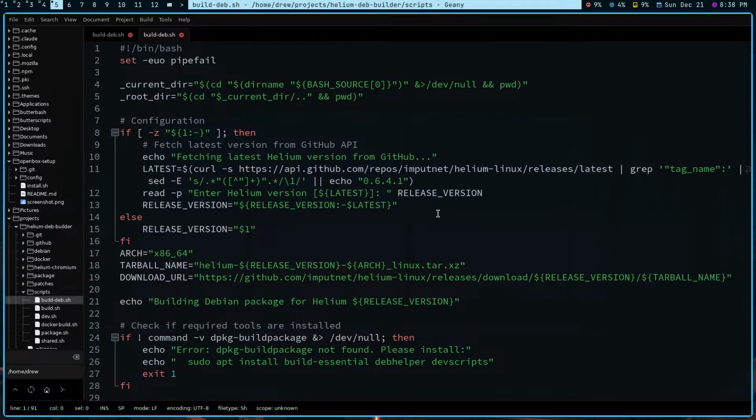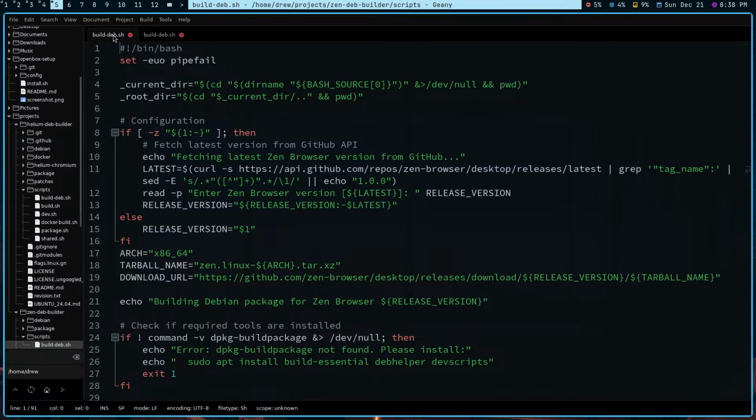So what I was thinking about doing was creating the same type of repo for the Zen browser. And which one am I on right here? Yeah, I'm on Zen over here. So what it's doing is it's looking for this latest release. And so when I run this script, it should ask,